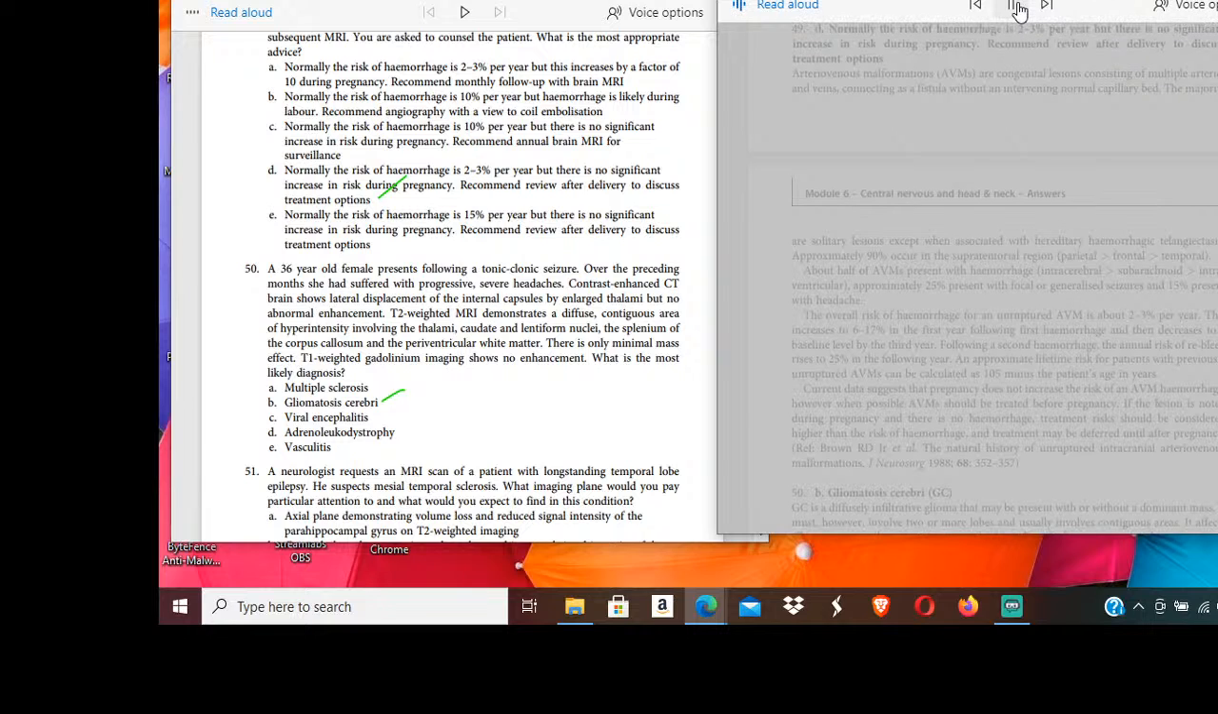49. D. Normally the risk of hemorrhage is 2-3% per year, but there is no significant increase in risk during pregnancy. Recommend review after delivery to discuss treatment options. Arteriovenous malformations, AVMs, are congenital lesions consisting of multiple arteries and veins connecting as a fistula without an intervening normal capillary bed. The majority